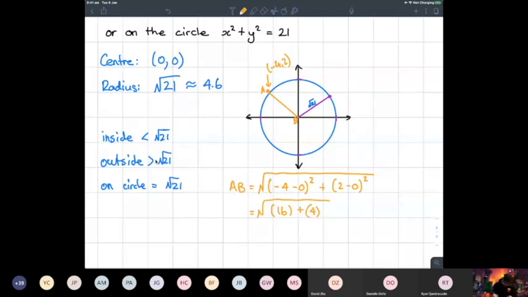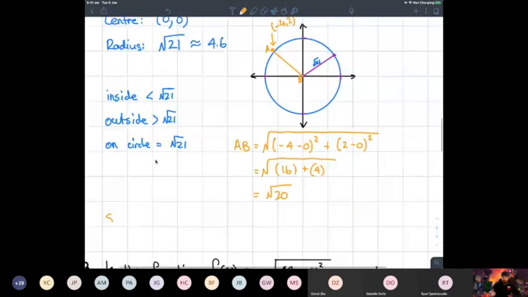Because the point -4, 2, its distance away from the origin is less than the radius. We can see that root 20 is less than the square root of 21. We will say that since root 20 is less than root 21,